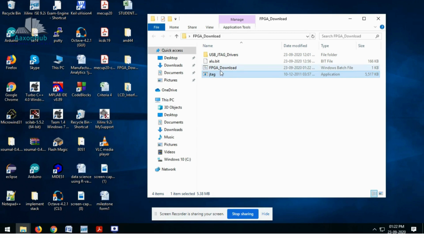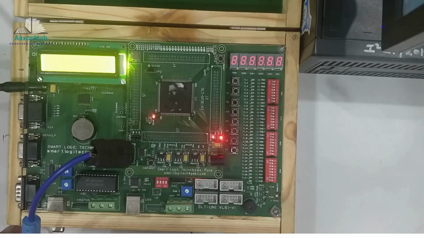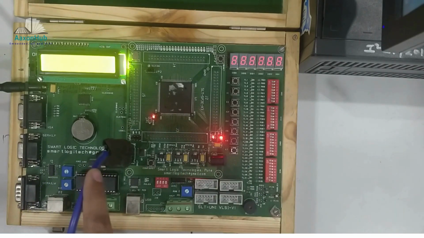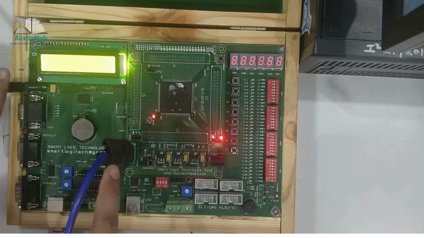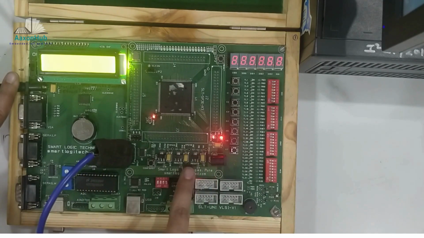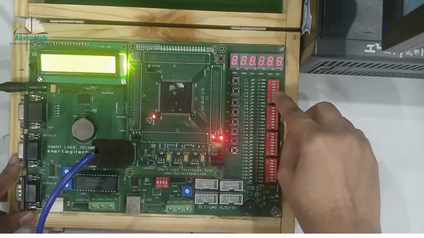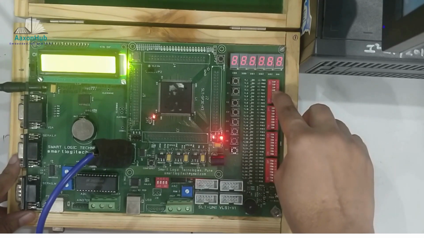Now you can see the hardware on which you will be able to check the ALU conditions, arithmetic and logical conditions, that you are going to see on hardware. To check your ALU output, you have to connect your Spartan 3E kit to the PC using a JTAG cable. You have to give the supply for this kit. As per the input and output signals, your first input signal is the 4-bit A signal.